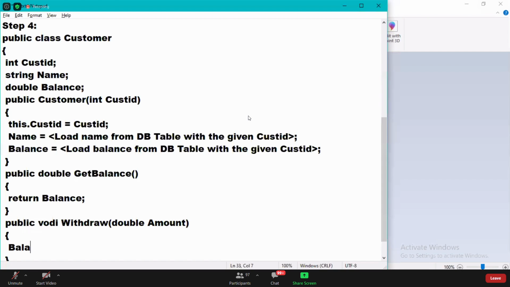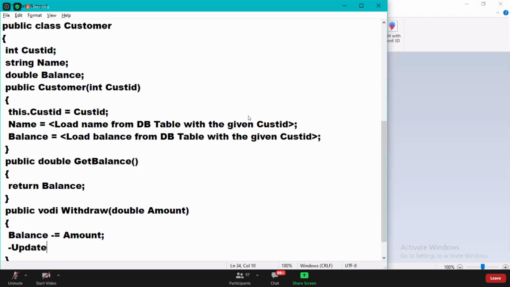So what you write here: balance minus equals amount, and update balance back to the database server with the ID.